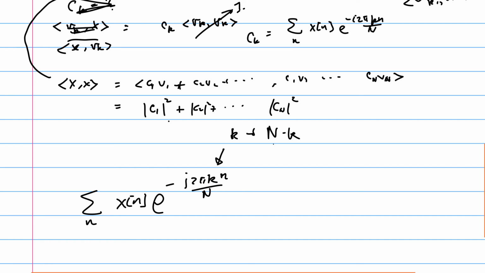For example, if I change to N minus k here, I basically will just get this. Because this is real, these are just complex conjugates of each other. So if I only look at the magnitude, this is the same. So when I look at frequency N minus k, we should have the same magnitude as for frequency equal to